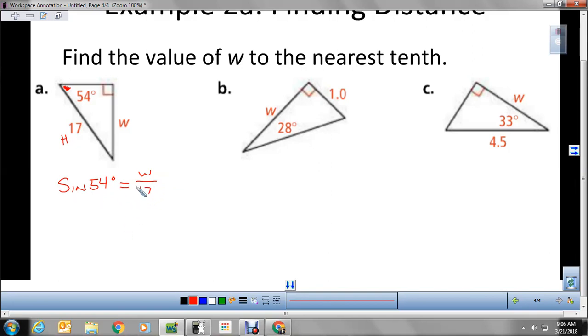So the easiest way to solve this is to set up a proportion. So put sine of 54 over 1, and now we have two fractions equal to each other. So next step is to cross multiply. When we do proportions, we do 1 times W, which is going to give us W, and 17 times the sine of 54. Now the way we write 17 times the sine of 54 is just putting 17 out front and then writing sine of 54. It is not 17 times 54, it is 17 times the sine of 54. So we take our calculator,